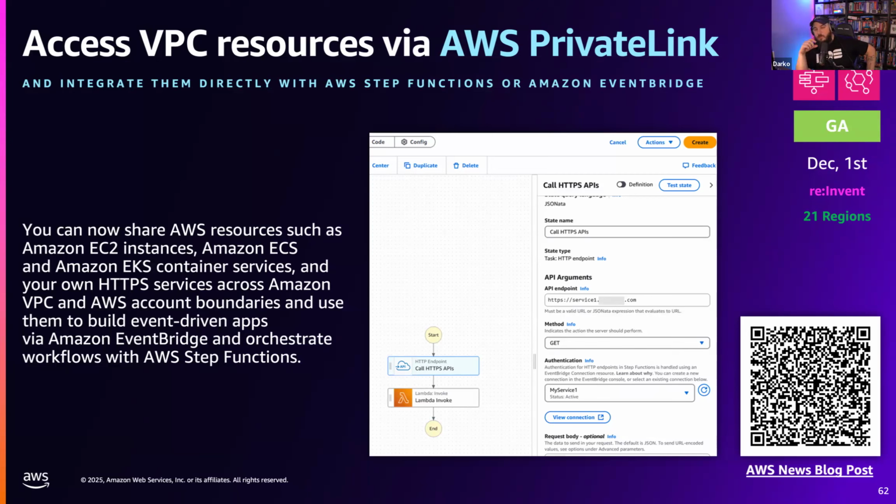So in essence, when you're building an application with something like EventBridge or Step Functions, it allows you to connect these resources through this whole workflow, right? It uses AWS PrivateLink, and it uses Amazon VPC Lattice to be able to do this. So yeah, really neat features, especially if you want to do this across multiple Amazon boundaries.